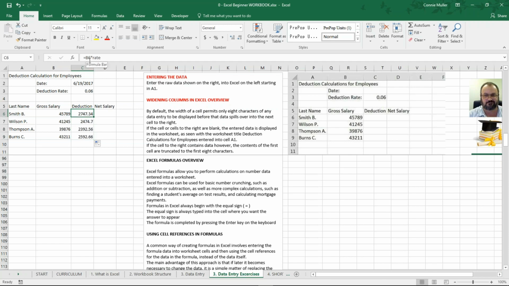The first cell is B6 times rate, the second cell is B7 times rate, and then we've got B8 times rate, and then we've got B9 times rate. So now you can see how useful it is to actually use a named range or a named cell to